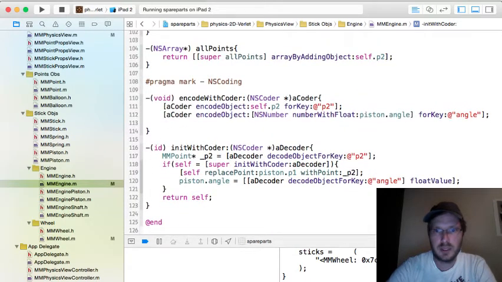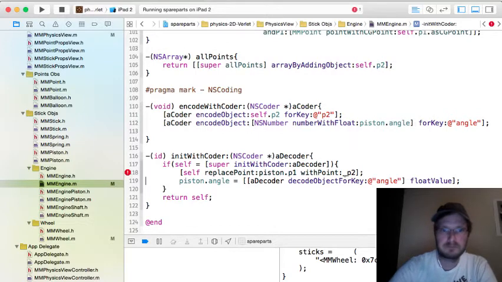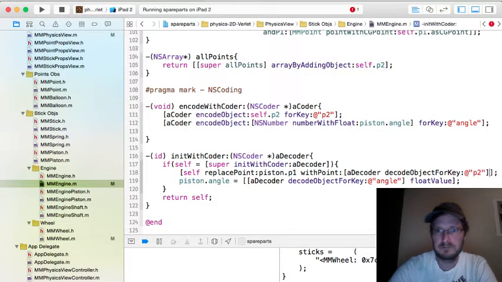Because the decoded object, this guy, we need to make sure that the object that is used in the decoder is the one that's actually used inside of the object, because